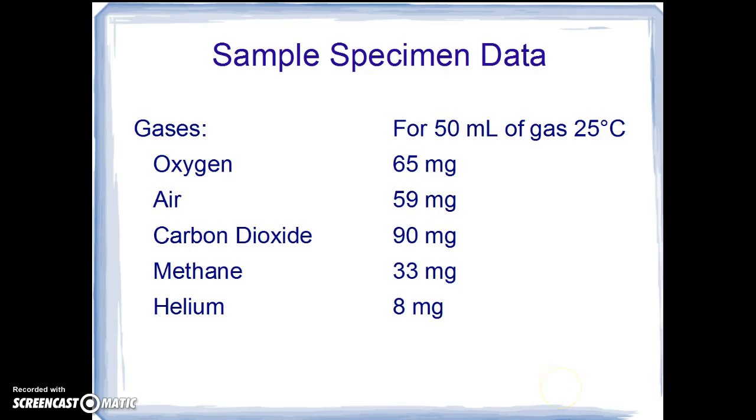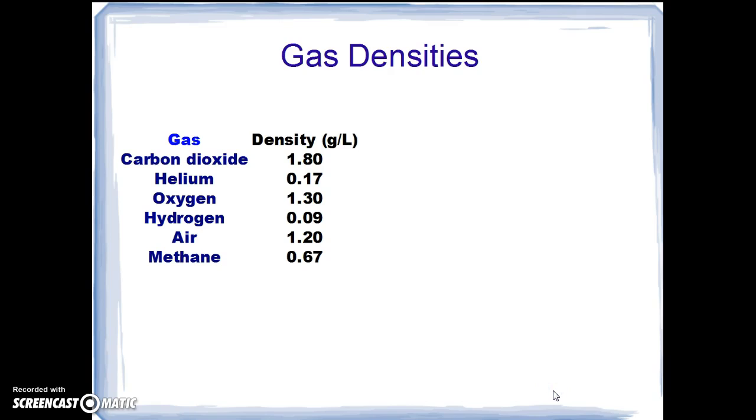Please note we used a milligram balance for these experiments. Now the gas densities in grams per liter come out to the numbers you see here. For instance, you see carbon dioxide is 1.80 grams per liter, whereas helium is 0.17, about 10 times lighter,